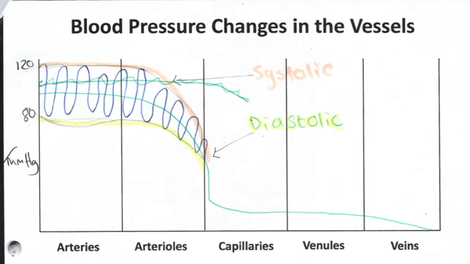Then we have the veins and venules. In the veins, this is essentially where we have to really understand the structure of veins. They have valves, they have thin walls, and there is no pulsating rhythm or rhythmic movement to veins. So this non-rhythmic movement is responsible for return of blood flow to the heart,